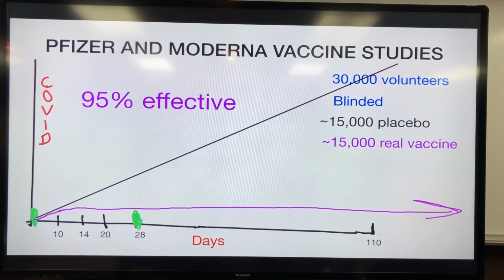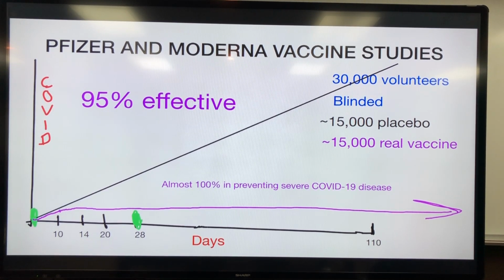But the only thing us clinicians really care about is the severe stuff. What they found in the ones that got the real vaccine that still got COVID, none of them, or maybe one, I think one in the Pfizer, none in the Moderna got severe disease. When I say severe disease, I mean hospitalization, respiratory failure, death, those kind of things. So even if you got sick, it's more like just a cold or flu or stay home kind of stuff. So that was results there.